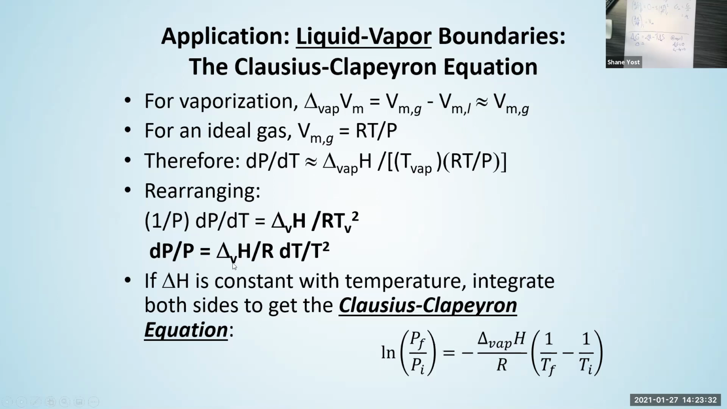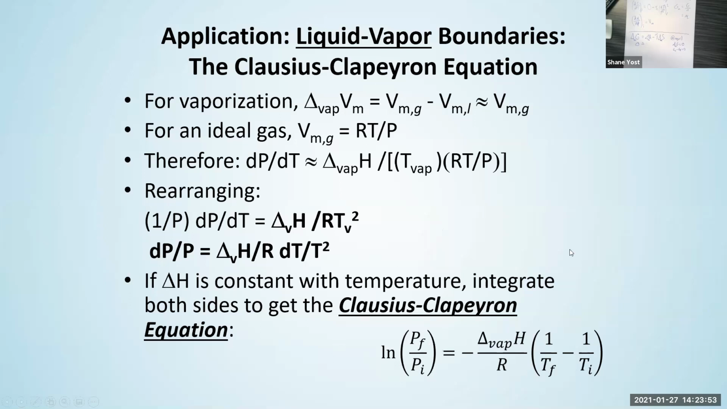So rearranging that equation, you get this final form here: dP divided by P equals delta H of vaporization divided by R, your ideal gas constant, times dT over T squared. It's just a differential equation. You can integrate both sides from some initial to final state. I'm not worried about requiring you to do that, but